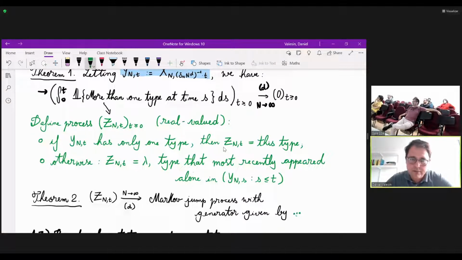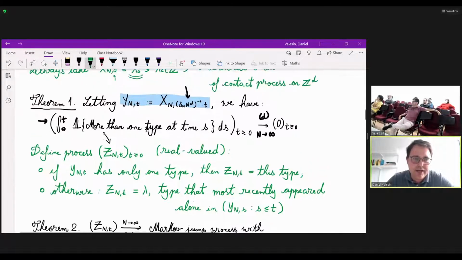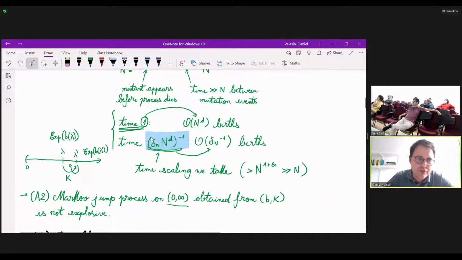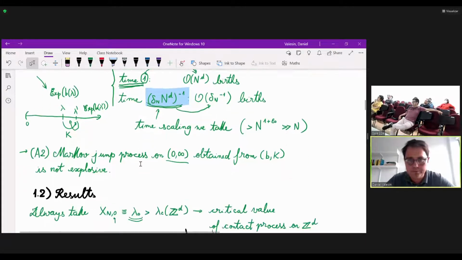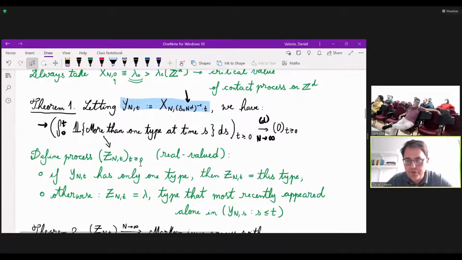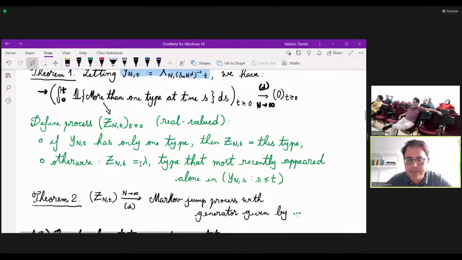Let me say that it's not this one that I presented before, this one that I was drawing here. This is not the scaling limit. So these are 2 theorems, and if the statements of the theorems are clear, I will go on to some explanations of what is involved in the proof. And finally, the last thing I will say is what the generator is.